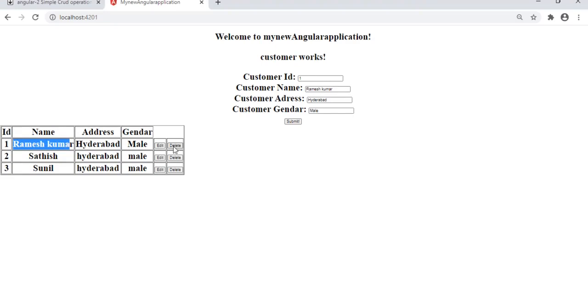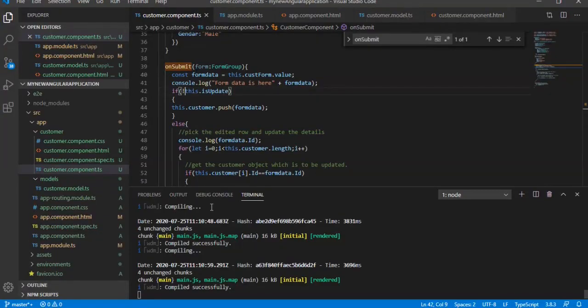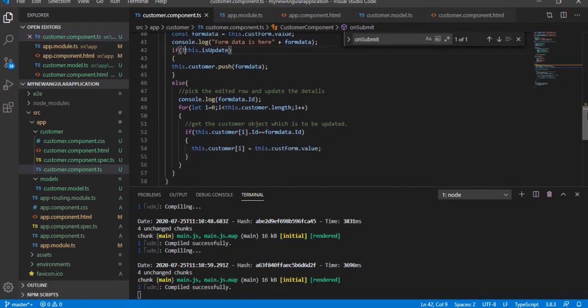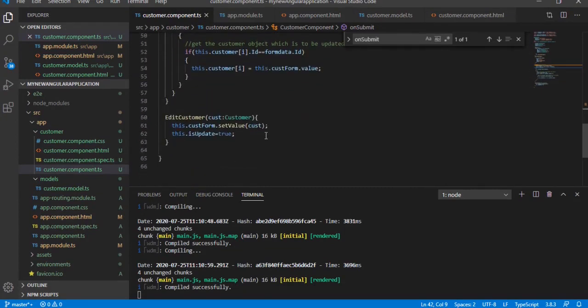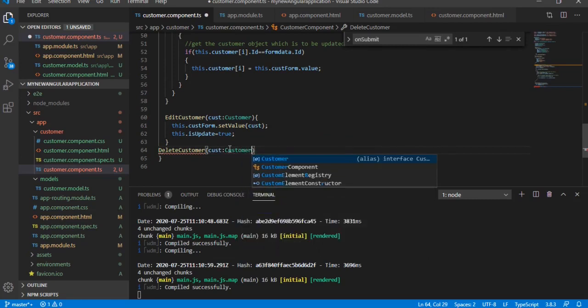Let's go and implement the delete functionality quickly. We'll delete customer. So I'm going to pass the customer type, customer object.